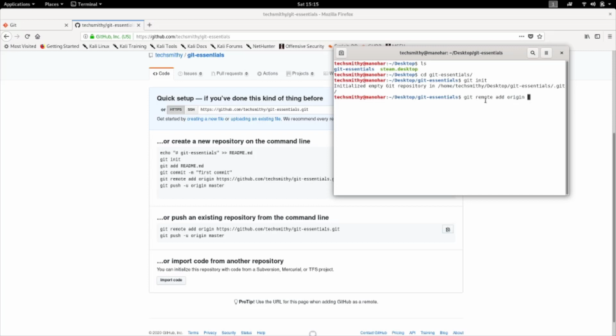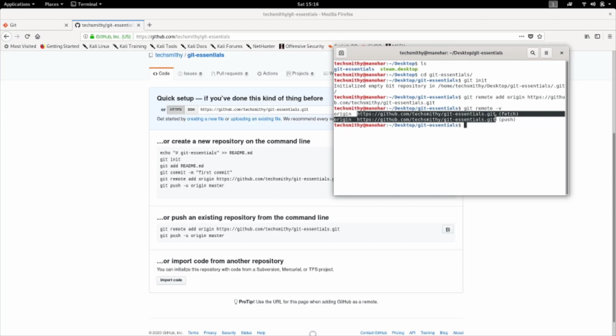Git remote is something related to the cloud. Add origin is self-explanatory, adding the origin. You'll often call the remote repository origin. That's it. Git remote add origin and my repository here. Now git remote -v. For fetching and pushing, it is about to use this repository now. This is our repository. So I have initialized the repository again. This is the repository which I have seen earlier.